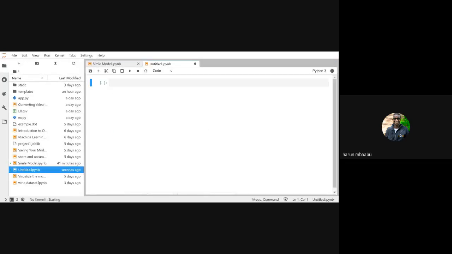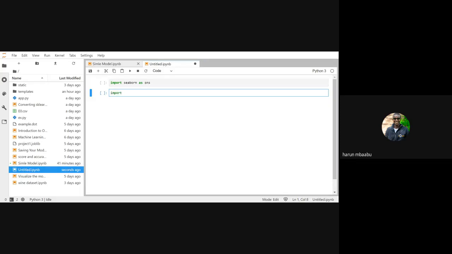So this is an example. I want to help you navigate Jupyter Notebook very fast. The first one is how to introduce a cell below any cell that you have. The first thing you have to press is Escape. Look at what happens when I press Escape. Maybe I was typing import seaborn as sns, and I want to introduce a cell below it. I will press Escape, then press B for below.